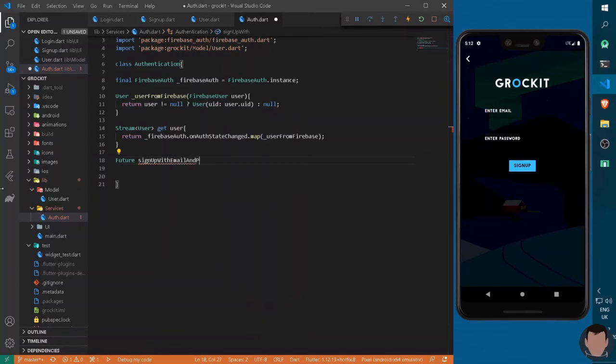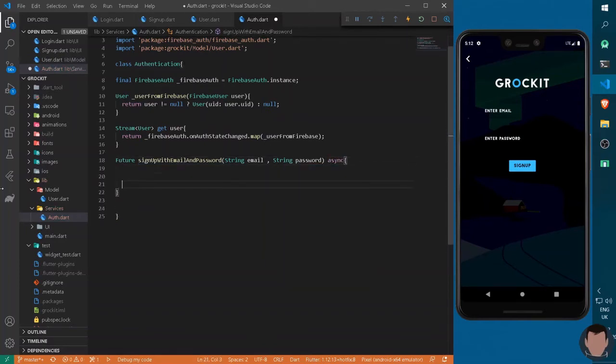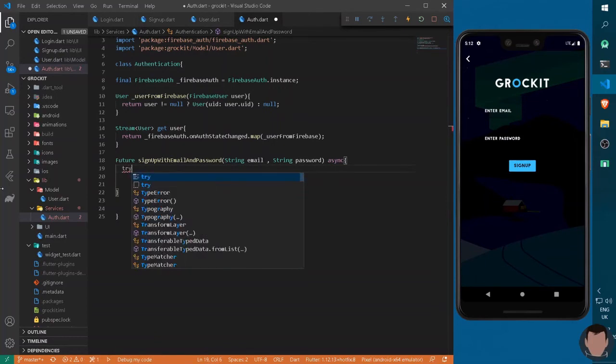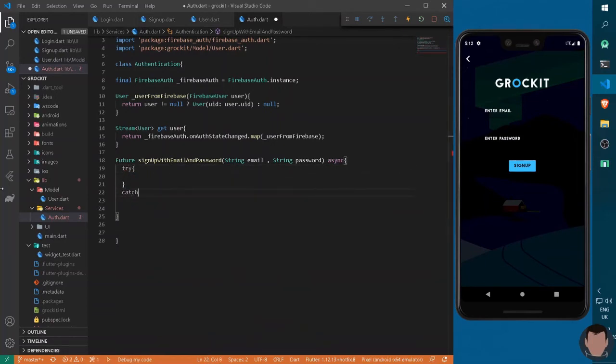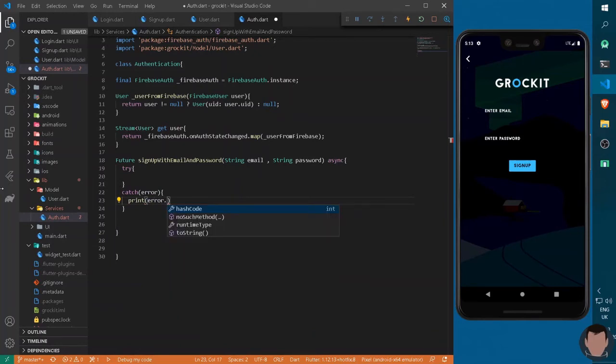with email and password, not a capital A, a small a, and it will take arguments of a string. Let's give it a String email as well as a String password. Now this method is going to be asynchronous, so we can denote it async. Now here we have to implement a try catch block through which all the errors of the particular method can be caught in the console. So you can just give it a try block as well as a catch block, and this catch block will contain an error which will print the error by typing error.toString(), and also it will return nothing, so you can write here null.